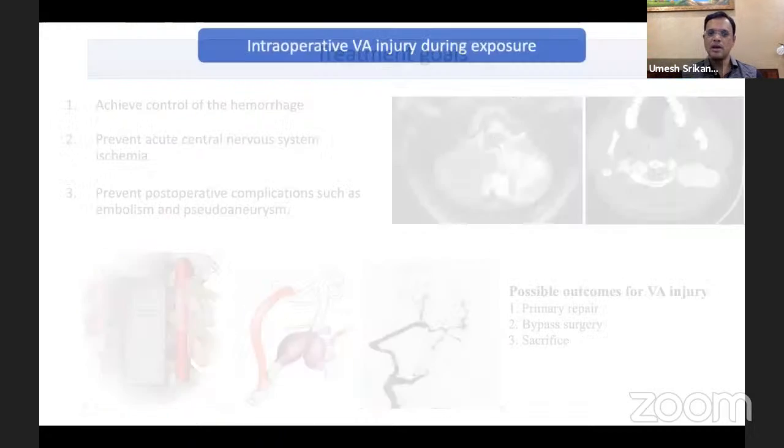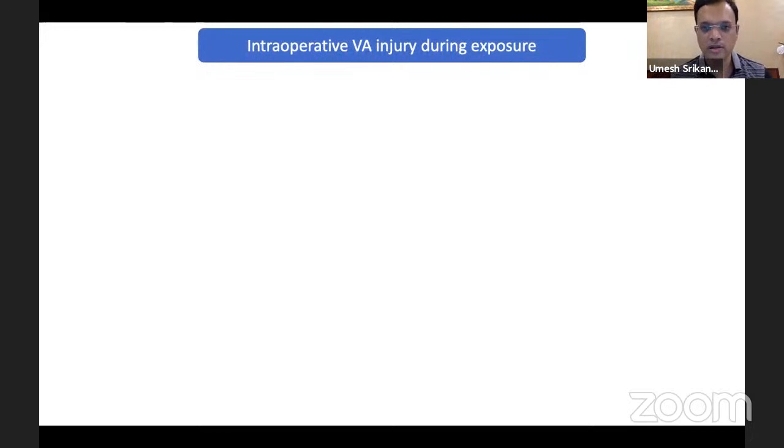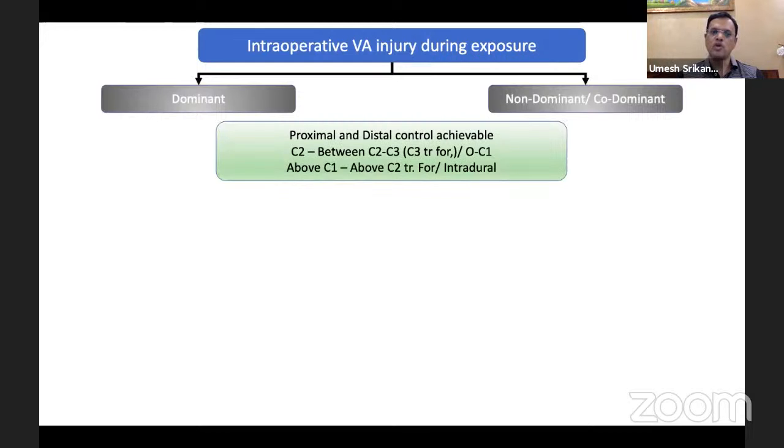Just to enumerate this, I'm going to go through a small flow chart in order to make clear what the management protocol is if an intraoperative vertebral artery injury happens during exposure. Of course, it is very important to know whether it is a dominant, non-dominant, or co-dominant side, and a preoperative angiogram would have helped us significantly in this matter. Though, as we were mentioning, the non-dominant or co-dominant vertebral artery can be guessed from the size of the vertebral artery on a preoperative MRI, a DSA or an angiogram, which will actually tell us the amount of backflow that can happen during unilateral vertebral artery injection, is the ideal method